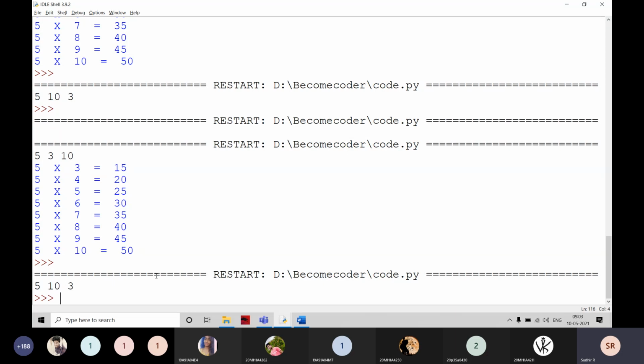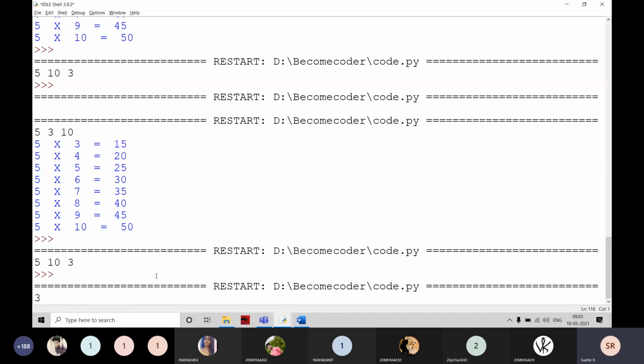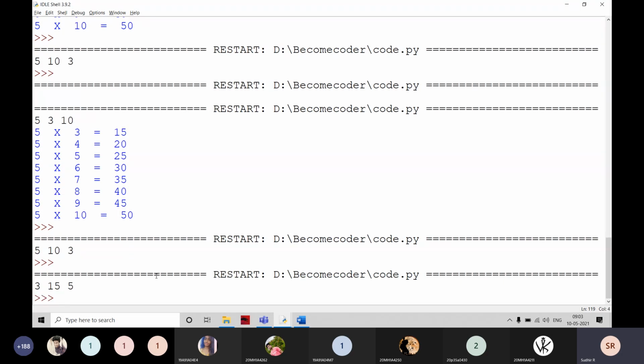For example, if I execute it again, this is going to be the 3 table and I am going to print here from 15 to 5. 15 to 5 means it is also the same as 3 5s are 15 to 3 15s are 45. Put it, sir. It is not printing anything. Just wait, I will check. It is a conditional, so it is not printing. Just whatever you want to write, just write and submit it.